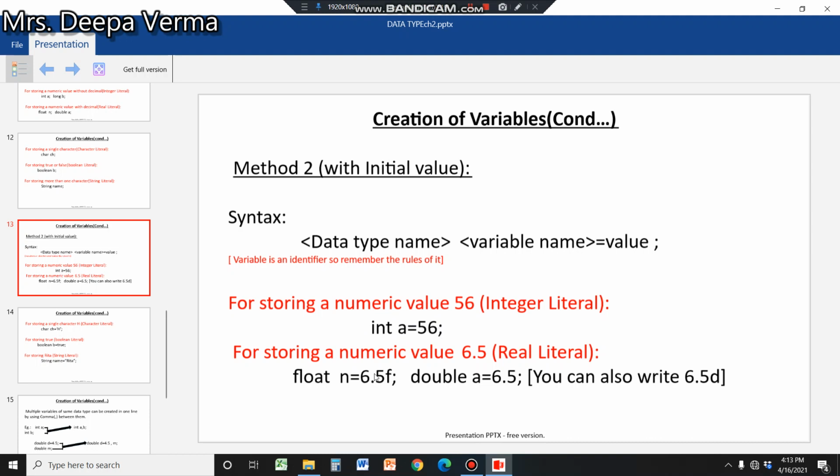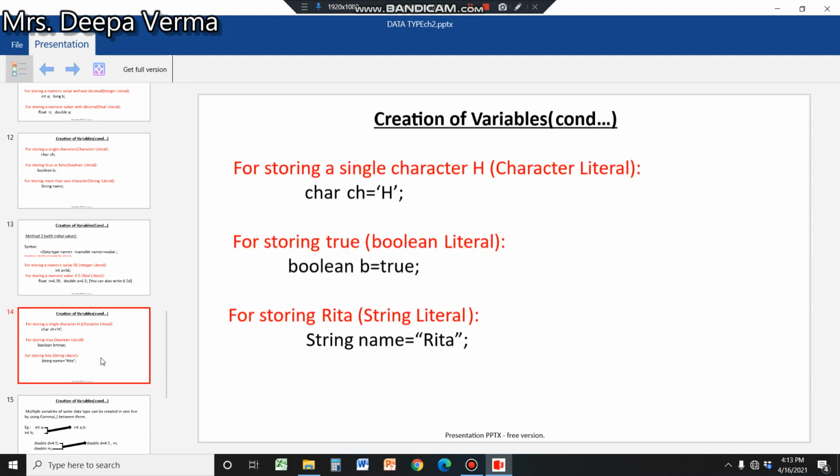For float also, because we are using real, if we are storing the float value, it is compulsory to write a small f. So float means 4 byte, which is storing the real number 6.5. When we are using double, it means 8 byte it is going to occupy in memory and 6.5 it will store in a. Double means 8 byte and float means 4 byte.